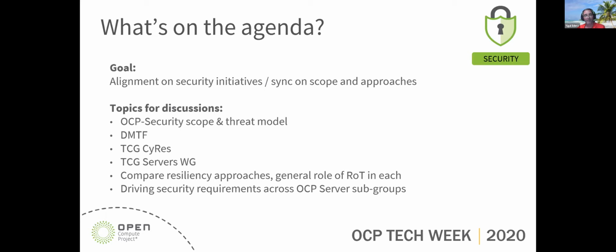And we thought it would make sense to have a talk on how we align between the security initiatives, identify where we may be doing some things that could benefit from better synergies, sync on approaches. So this is really a discussion between those different initiatives and projects, how to do a good job at coordinating them and align them and basically drive for minimum overlap and maximum synergy. That's what we want to get out of it.